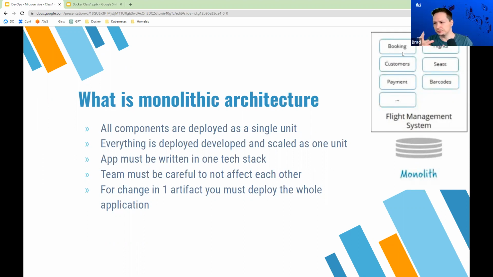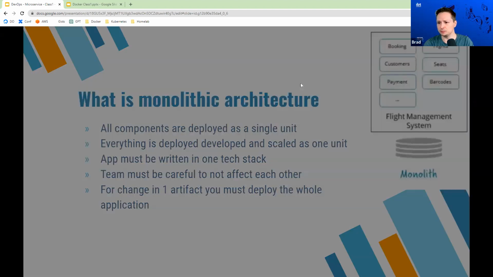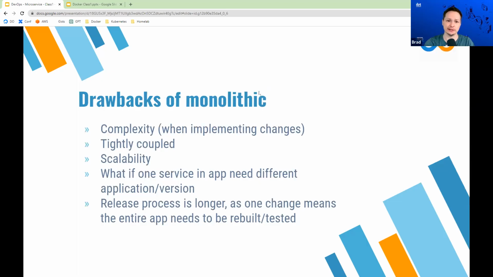Also, it becomes very hard to scale up the database. Just basically any type of scaling that you want to do with a monolithic application becomes almost impossible once you get to a certain threshold. Whereas with a microservice architecture, you can scale up individual components of the application quite easily.